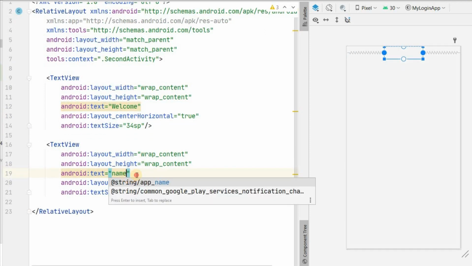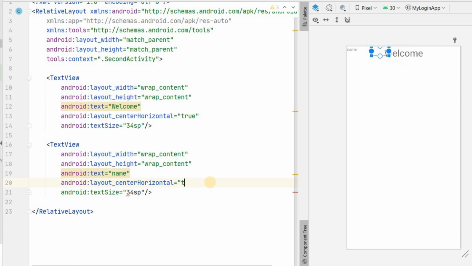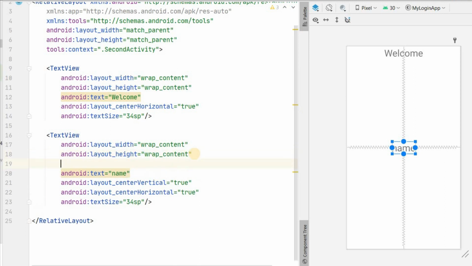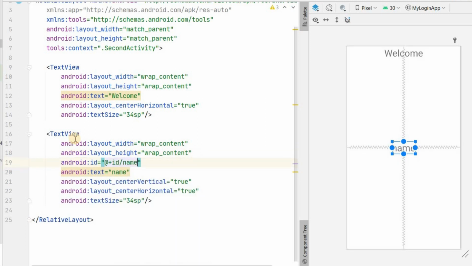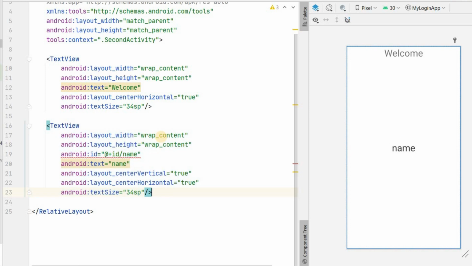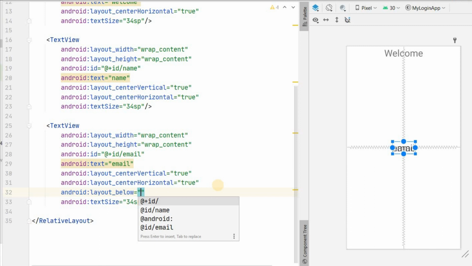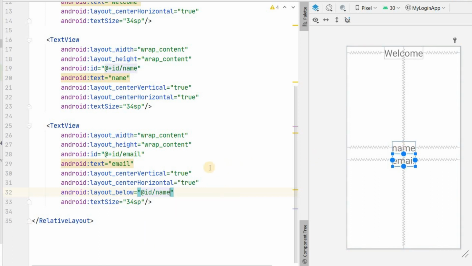For now, name, and I will set center in vertical true and center in horizontal also true. I'll give an ID to this name and copy this same, and I have to write email, and I will set it below name. So we have email over here and name over here.